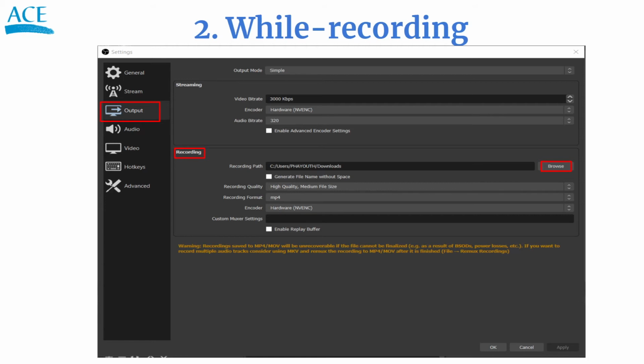And that is the place where you will be able to find the video that you have recorded. Alright, and for the recording quality, there are many options for you to choose, but I strongly recommend you to use the high quality medium file size, because that one is like 720p already and it won't take much of your drive space. And for the recording format, I strongly recommend you guys to use MP4 format so that you can play it on almost any devices. And once you're done with that, just click